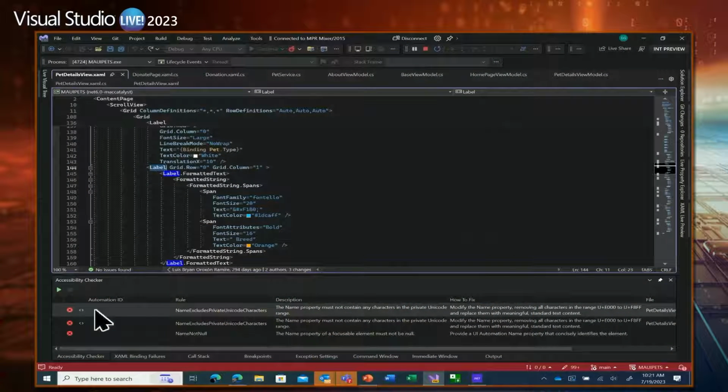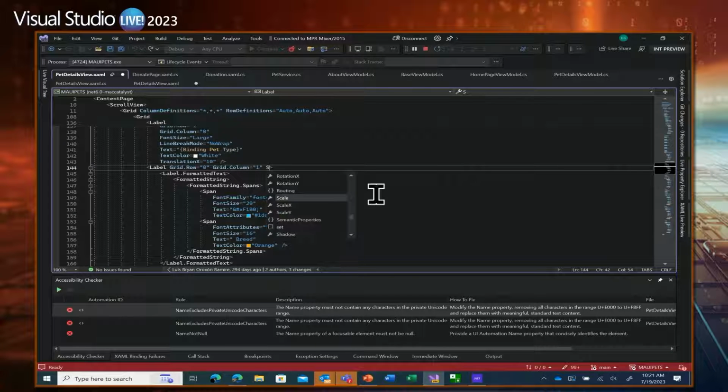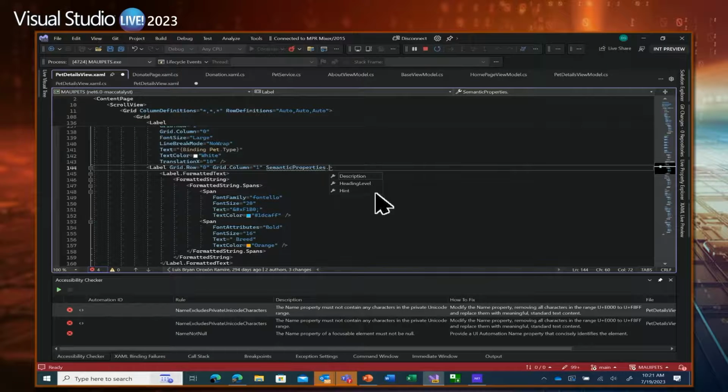So I'm just going to double click on this row, and this is going to take me to this particular element. And I am going to try to remember the property off the top of my head, which is, of course, not coming to me at the moment. It is semantic properties. I knew that one. Semantic properties dot description. And this is the breed. So I'm going to add that in. I'm going to save my